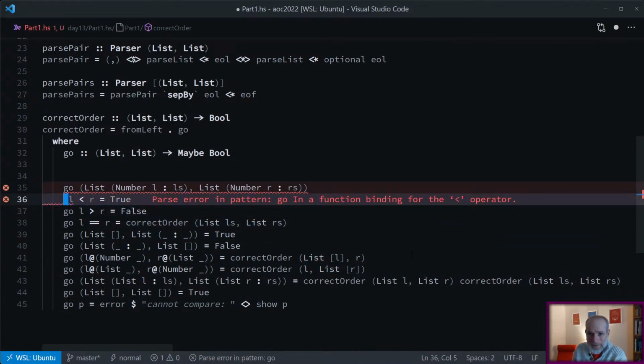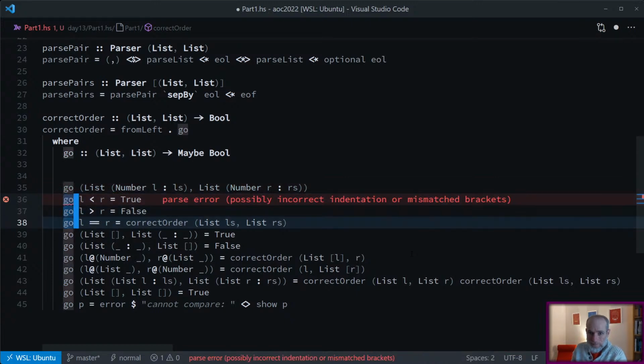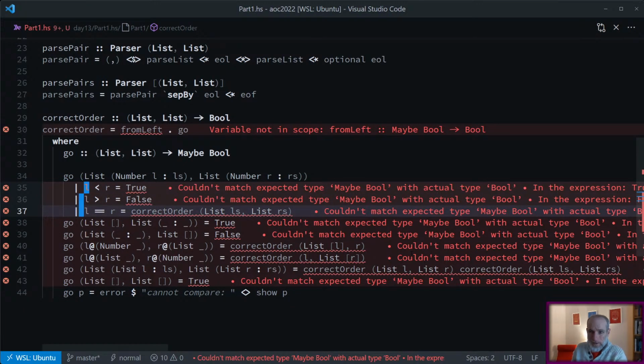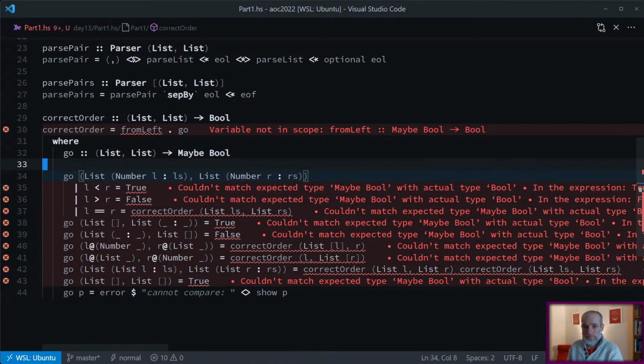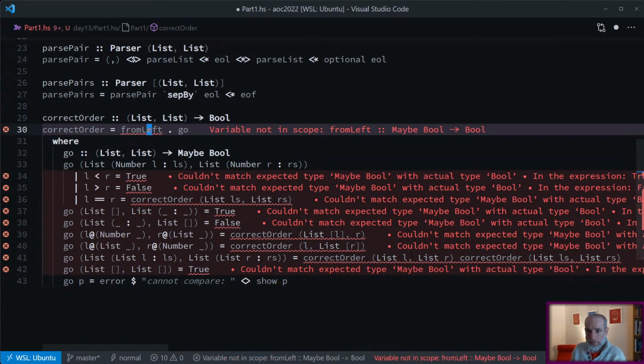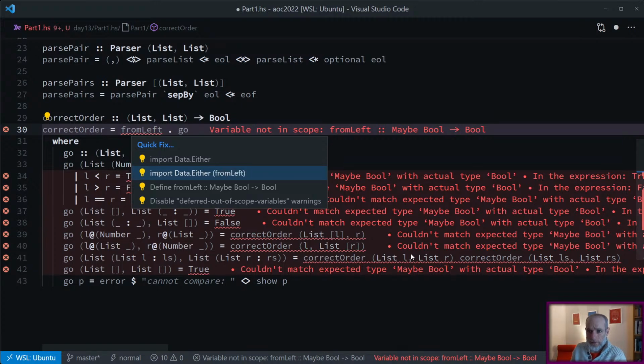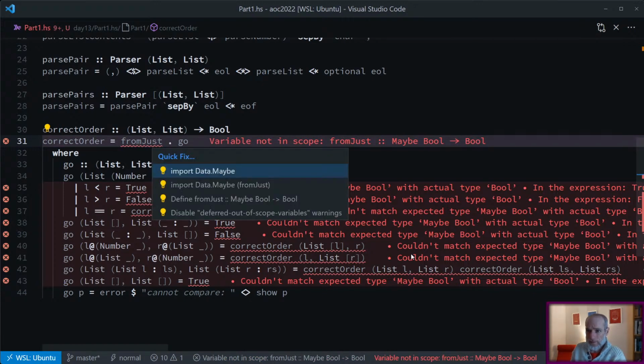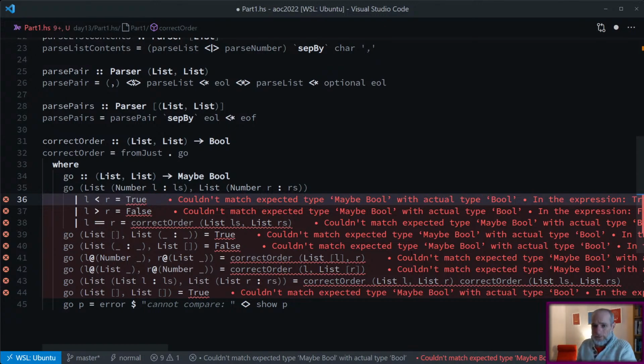Mess that up a bit. Oops. Okay. And just pulling from left. And let's throw an exception if it goes wrong. No, it's not from left. It's from just. Okay, so